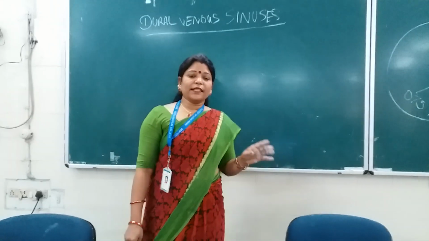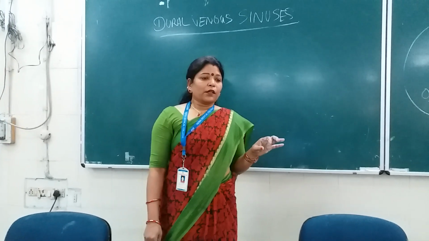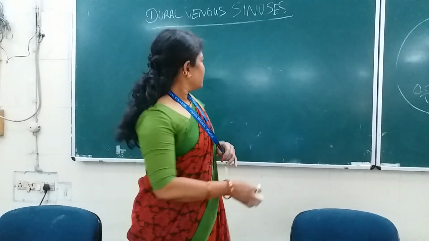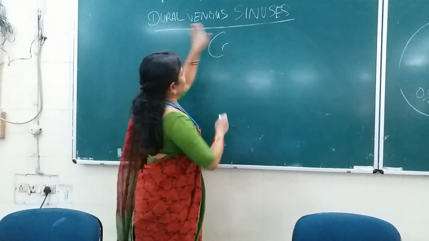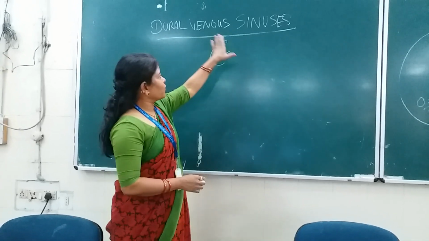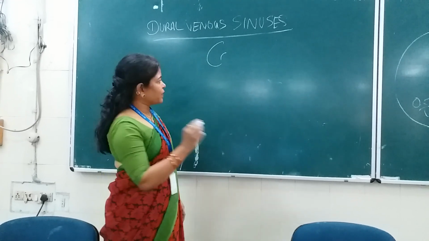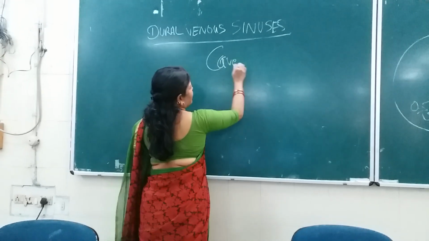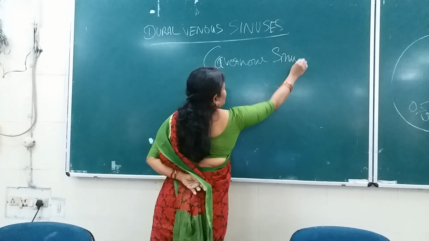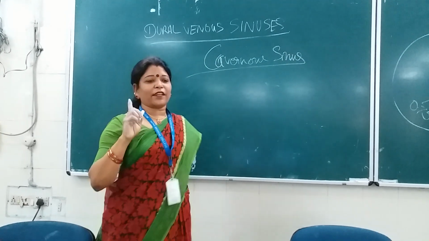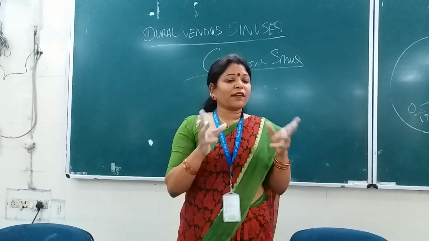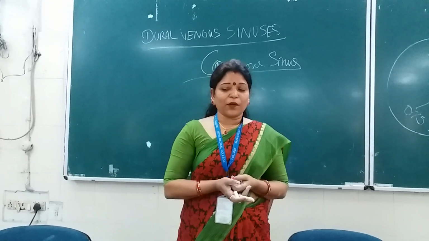Now, details of the cavernous sinus today. What do you mean by cavernous sinus? Where is it present? It is a part of the dural venous sinuses. Understand it this way: the biggest and most important part of the dural venous sinuses is the cavernous sinus. What do you mean by cavernous? Anyone? And why is it very important? Network type. It is spongy, network type. Why is it network type? Why is it like that?